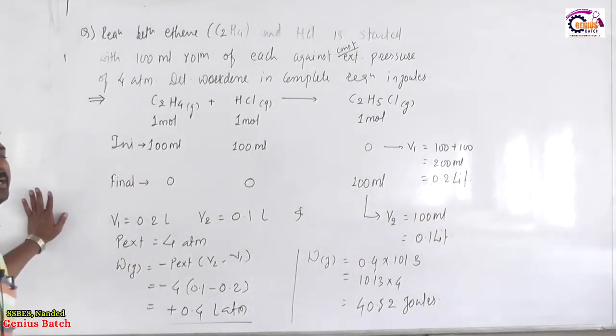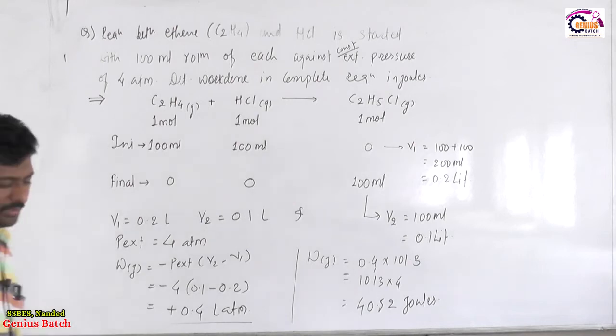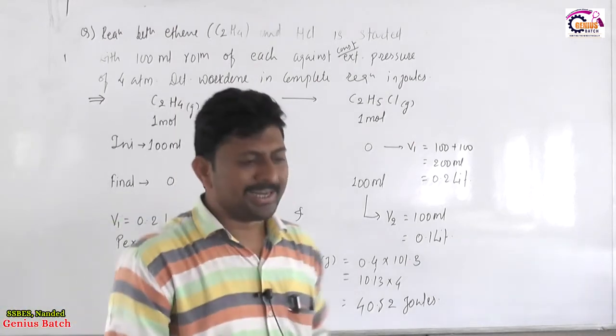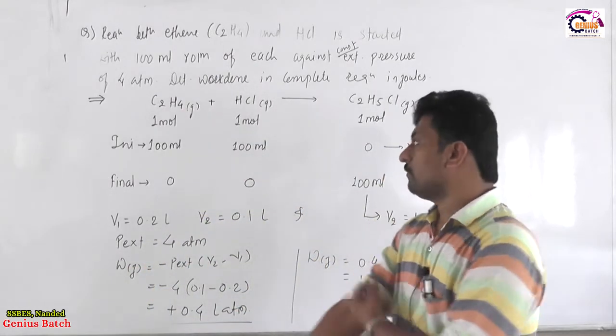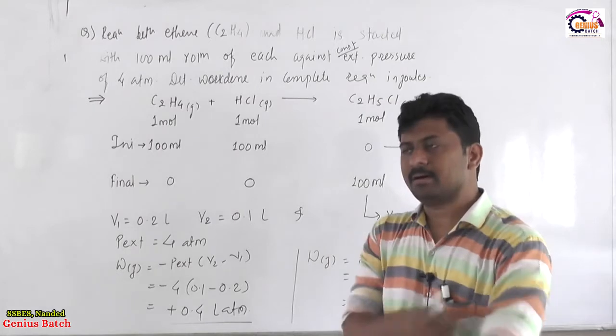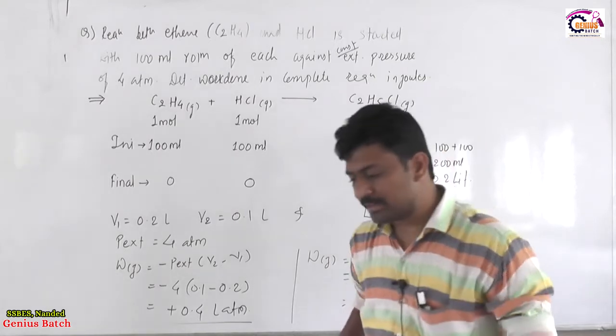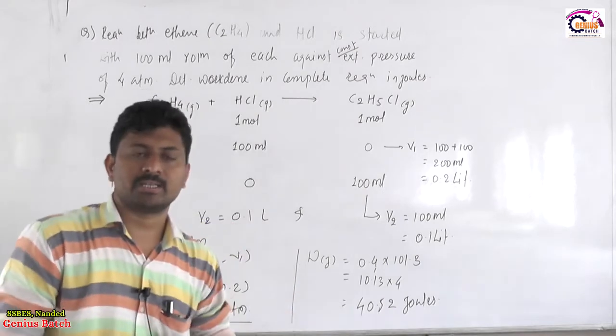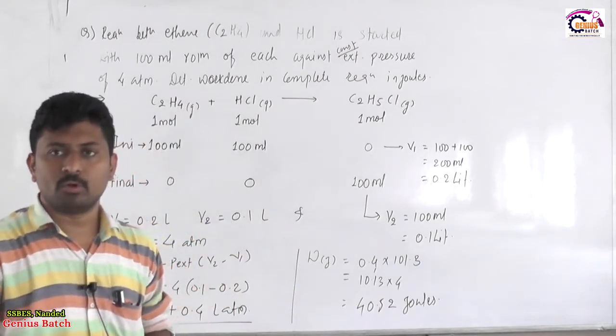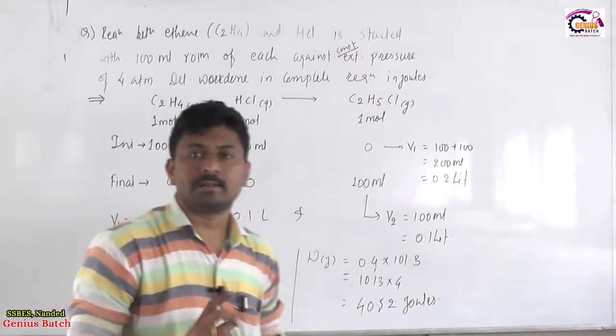Get the question properly. It is a little different but not a difficult one. What is different here is that we need to set up the values of V1 and V2 from the provided data in a reaction, and for that we need to compare their moles in a balanced state, which is part of the mole concept. So it is an interrelated question.